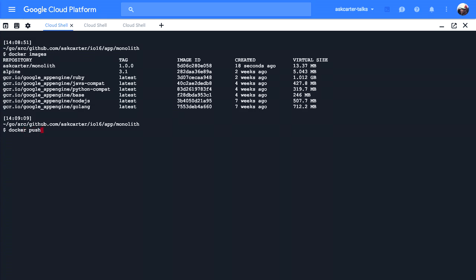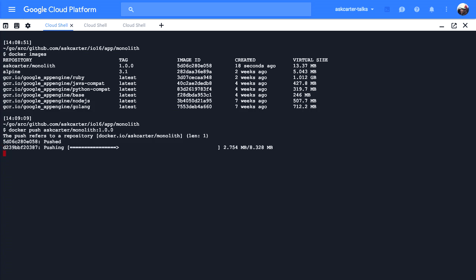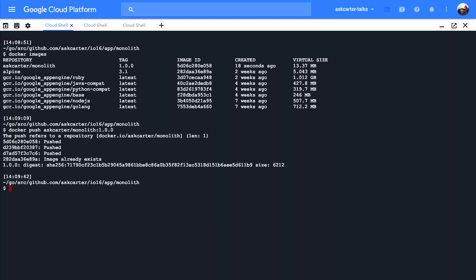So now I'm going to push my image onto the cloud. This is going to go up to Docker Hub because I didn't specify a different registry. We could use different ones like Quay.io or GCR.io, and that's just prefixing it. Docker Hub's the default one, so that's what I used. Now, what this lets me do is, if I get rid of the image on my local machine,